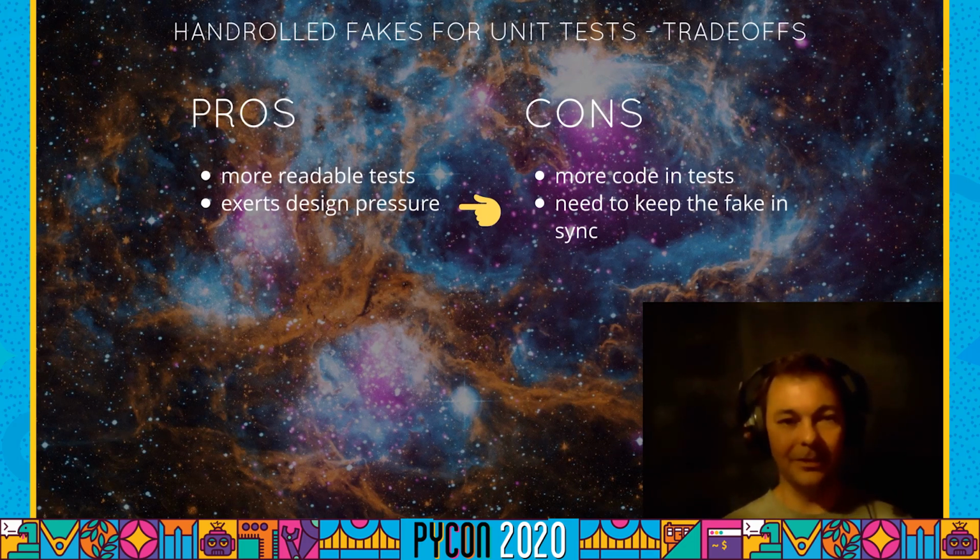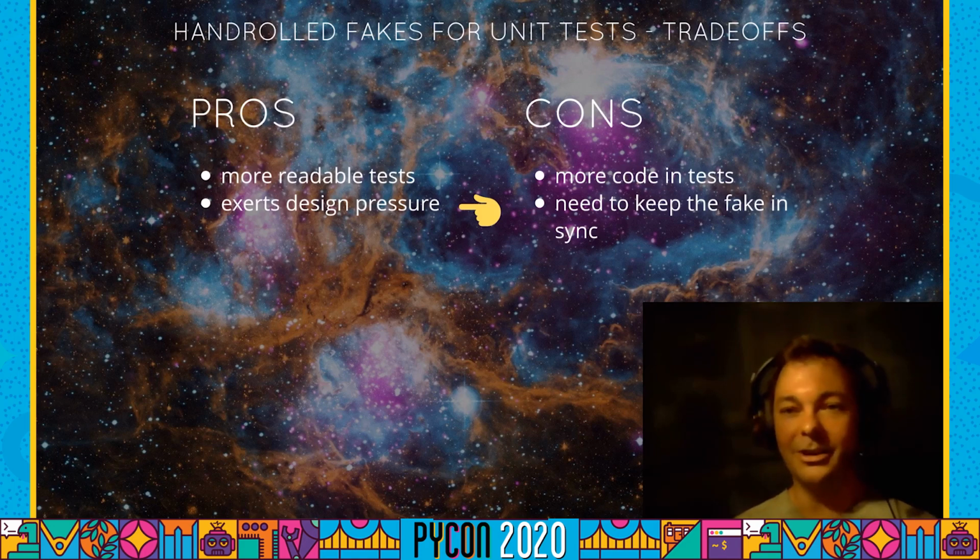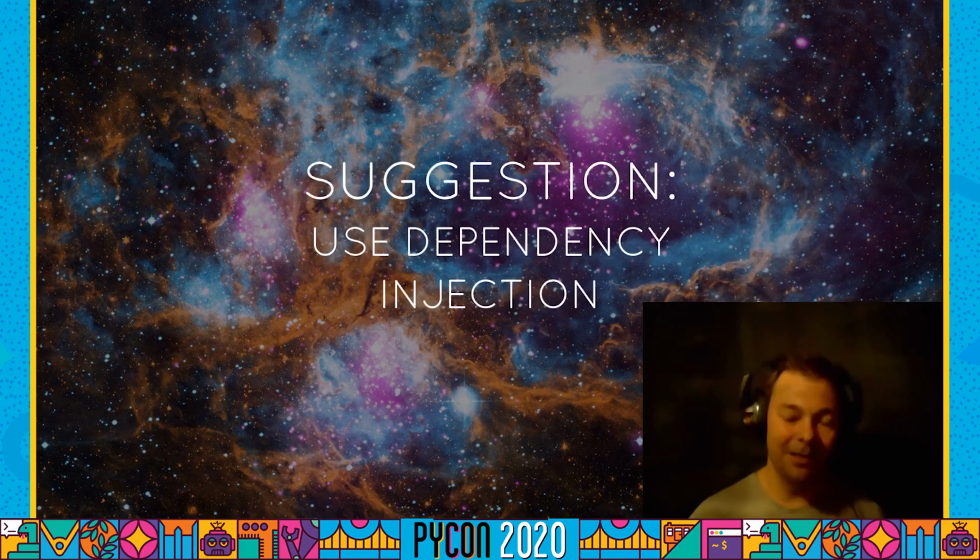The harder it is to build a fake of your thing, the more you're going to ask yourself whether your thing is too complicated. And if it becomes really hard to build a fake, you might be thinking, hang on, it's so hard to fake this out. Maybe this should actually be two simple objects combined. And that's what I mean by exerting design pressure. The hard work you give yourself writing that fake is maybe going to translate into more signals about how to keep your code clean and manageable. That's the theory. And really, this is the kind of thing which you're only going to find out by trying it out. So that's what I'm trying to do in this whole talk, give you some ideas, try them out. So without further ado, let me give you another thing to try out.